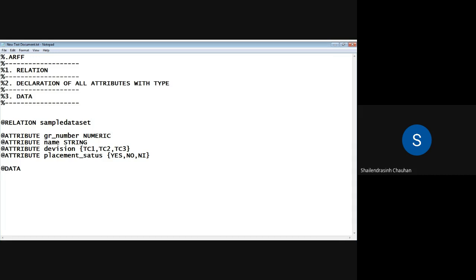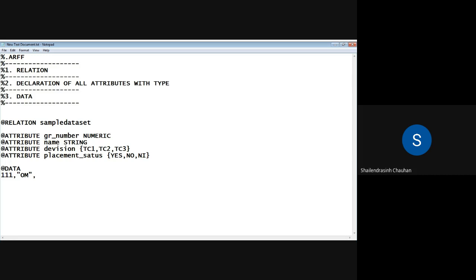So for instances, first row, first instance. As we have mentioned the first attribute as GR number, let us add GR number first for the first row. Let us say the first student's GR number is 111. In the first row, the first value will be of the first attribute, the second value will be of the second attribute, that is name. Let us say the name of the student is Om. Then division.